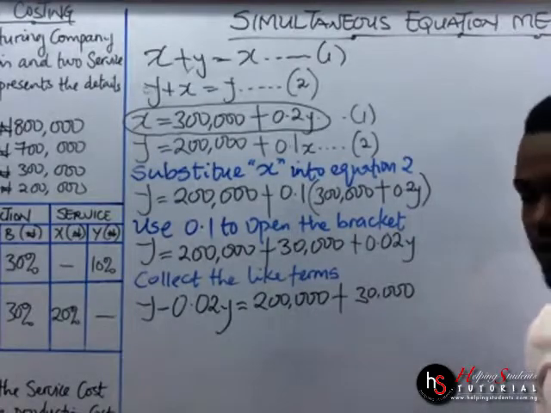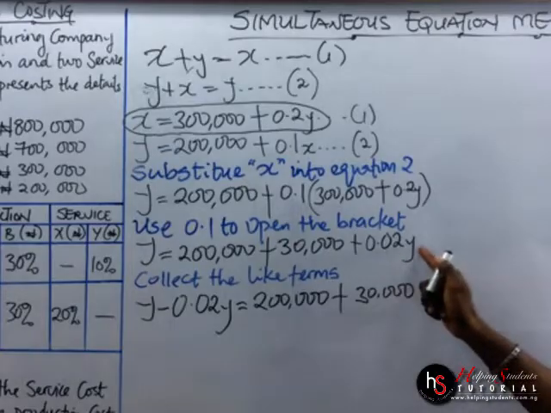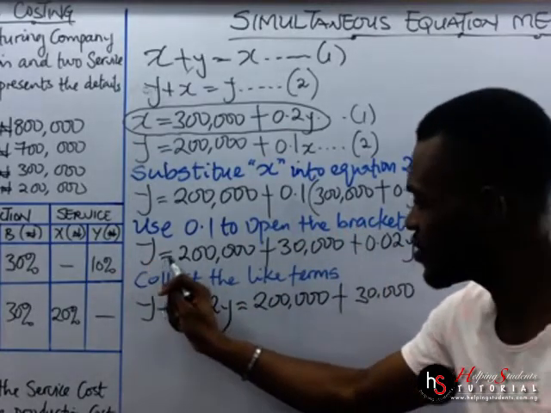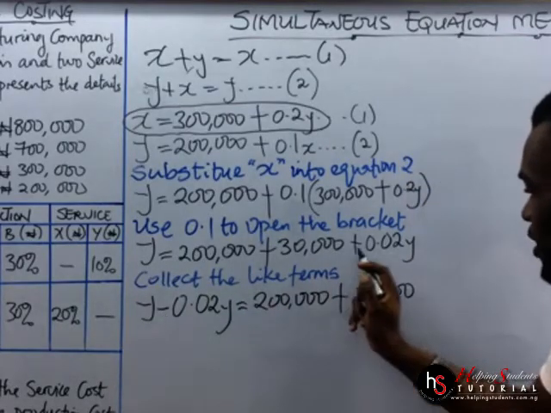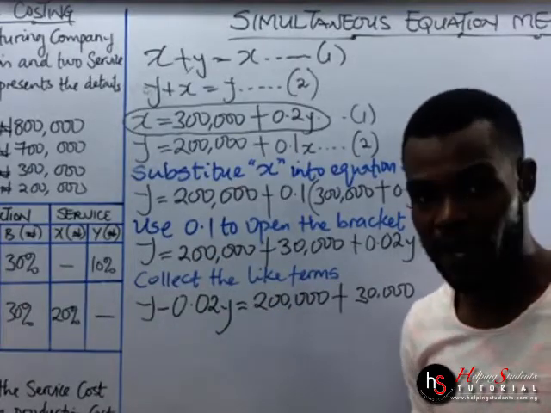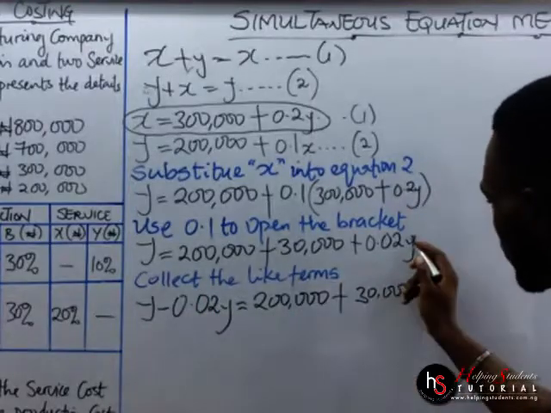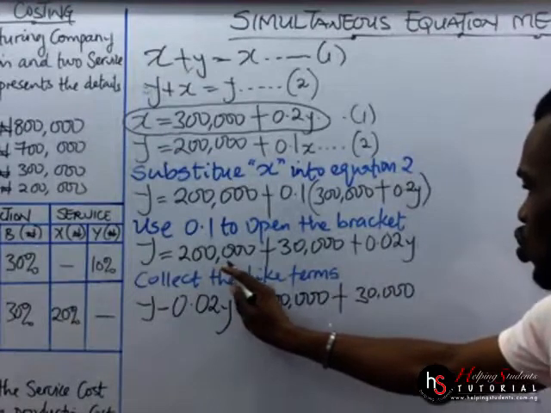You saw the process. We collect the like terms. So this is y we have here. This other value has y in it. So when it moves over to meet this other y, it crosses this sign of equality. That is the reason why we had minus. Remember, it has plus here. So once it crosses the sign of equality, it turns to a minus sign. So we have y minus 0.02y, which is this value that was crossed over, which is equal to 200,000